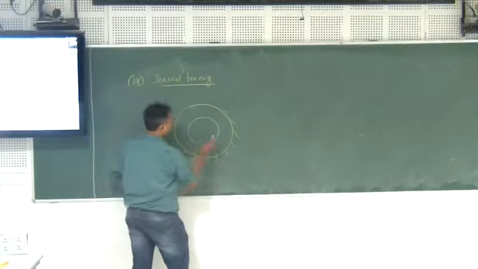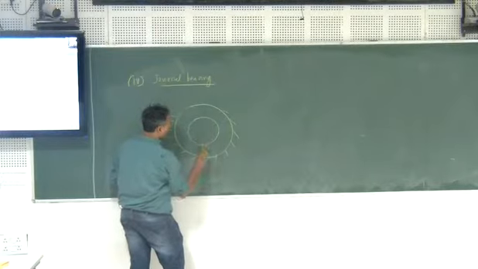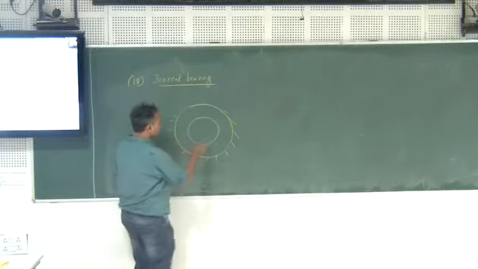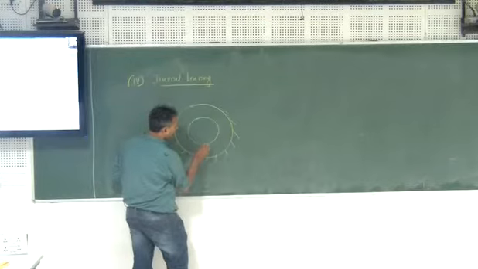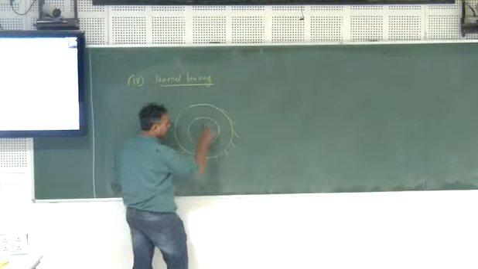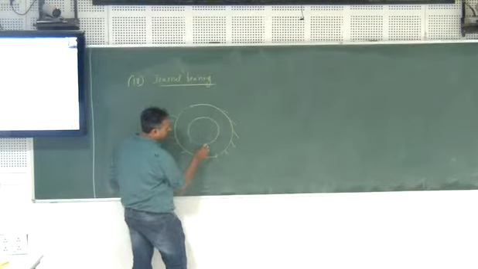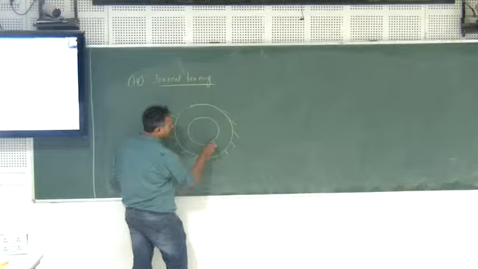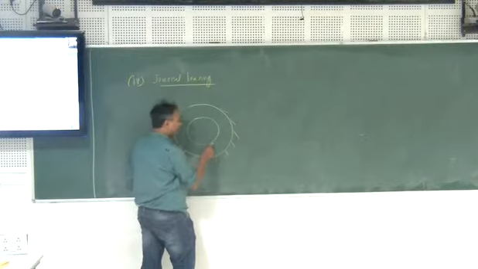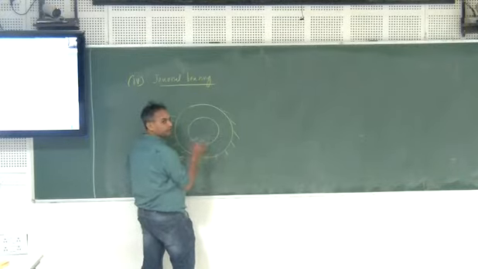Now let us assume your shaft is moving in this direction. So it is moving in this direction, which means that it will start climbing on the contact point. Initially the contact point will be at this, and when it starts rotating in this direction, you will see that it will start climbing from this to this to this, and there will be a point when it won't really go further. This is what is of our concern.